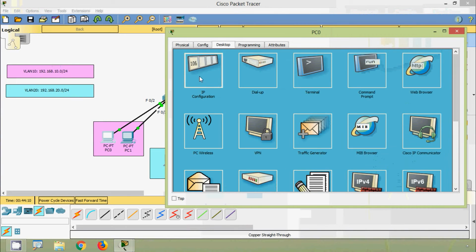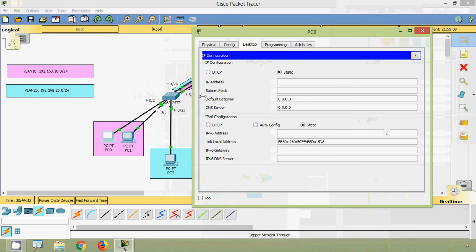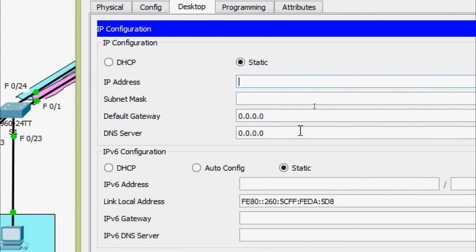192.168.10.0/24. So coming to IP configuration, here we will give the IP address as 192.168.10.10, and here is the subnet mask, and here we will use the default gateway as, once more we will copy this. We will use the first usable IP address from this network,